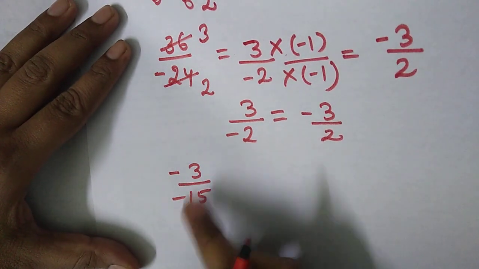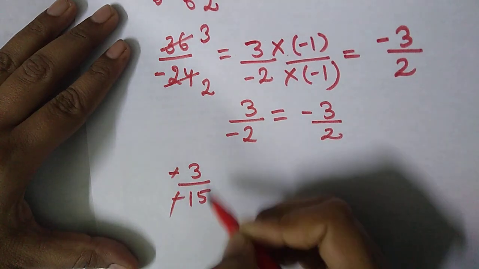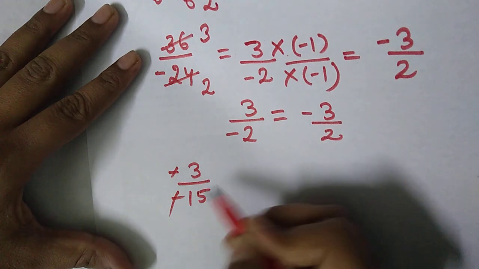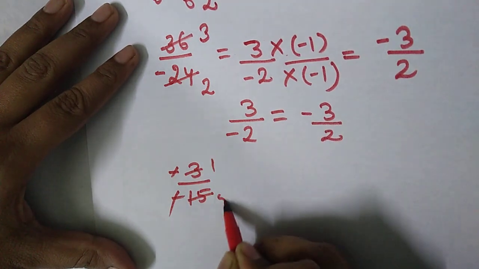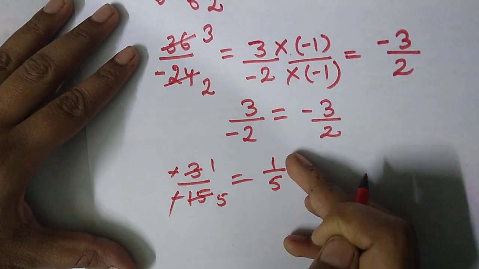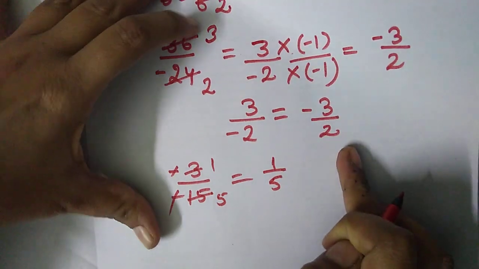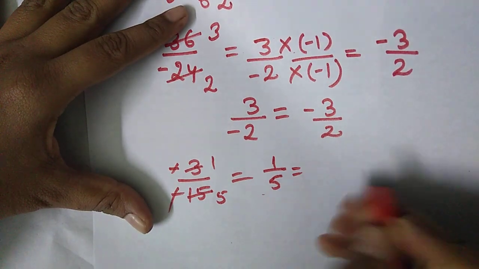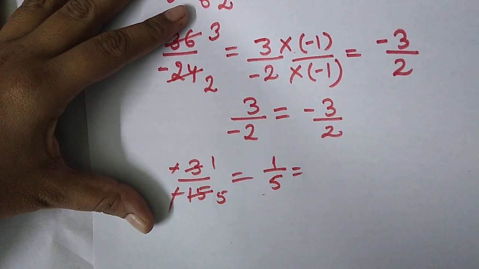Now they both are negative, they get cancelled. Are they in simplest form? No, they are not in simplest form because they get cancelled further. 3 ones are 3 and 3 fives are 15. Now this is the standard form, as the numerator and denominator are in simplest form. This fraction is in simplest form and the denominator is positive. So this is the standard form of a rational number. The number must be in simplest form and the denominator must be positive. Okay, I hope this topic is clear to you.